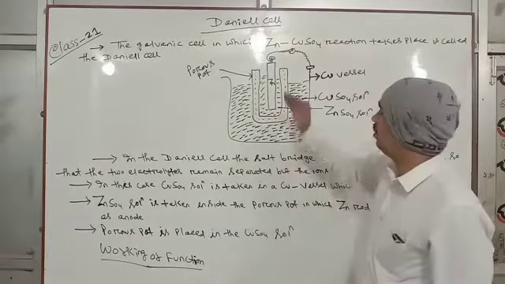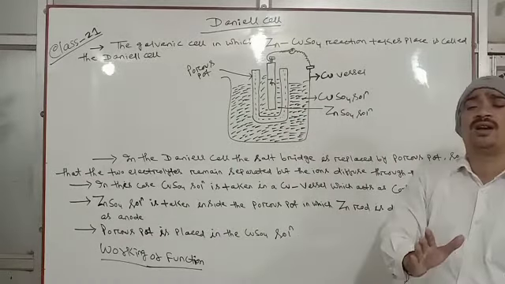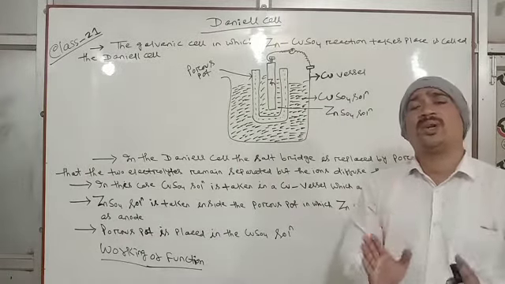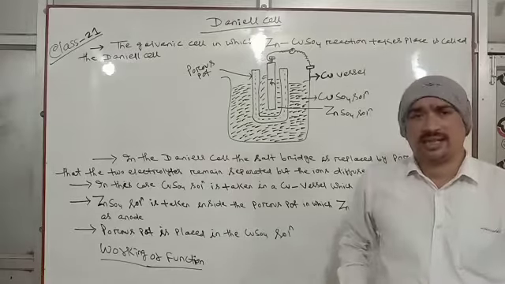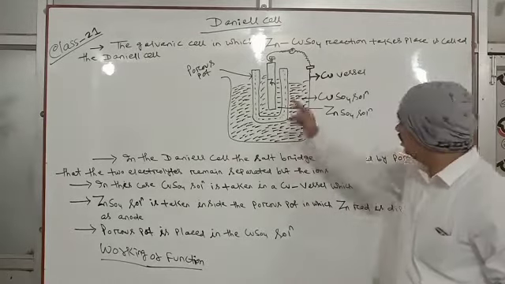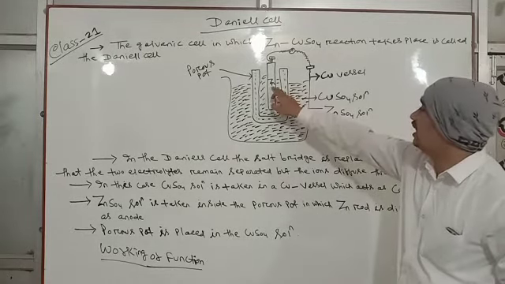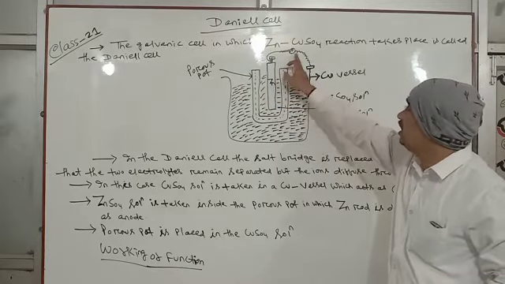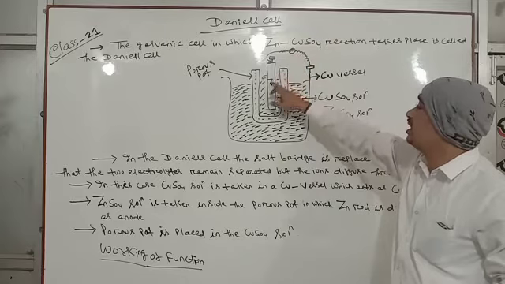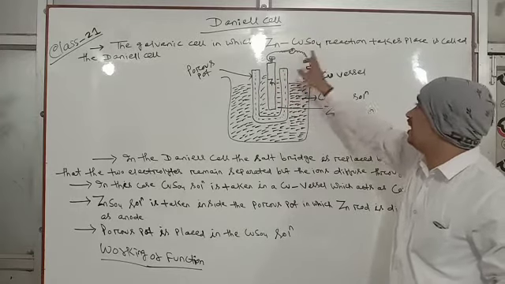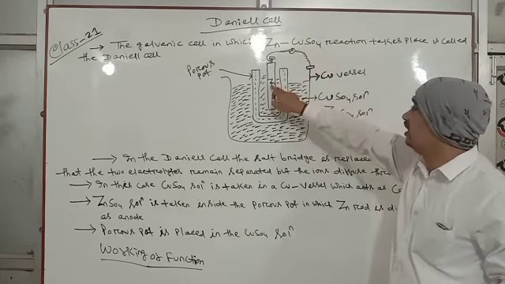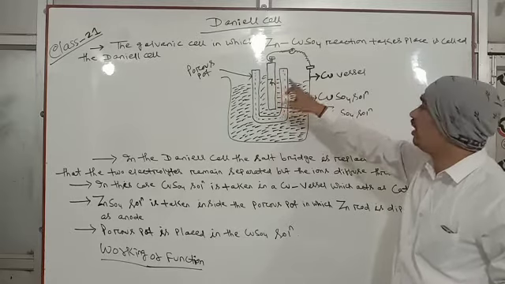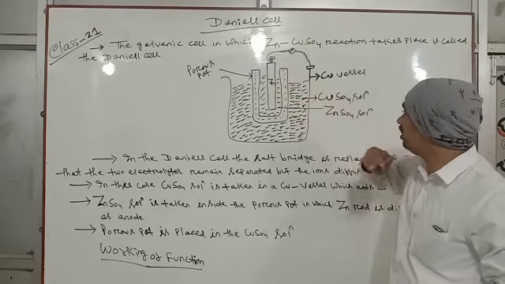Next is the working or function. The working is completely the same as whatever we have written for the galvanic cell. As soon as the two electrodes are connected to the two ends of the galvanometer, the needle of the galvanometer starts deflecting, which indicates that some chemical reaction has started. Second, a zinc atom on the electrode loses electrons and enters into the solution as a zinc 2 plus ion, and